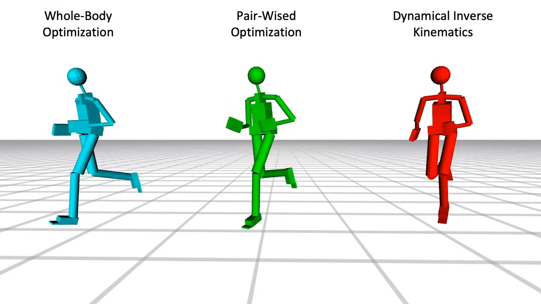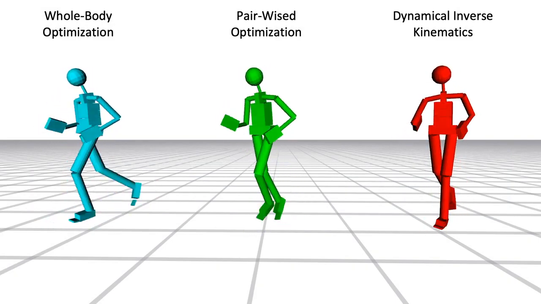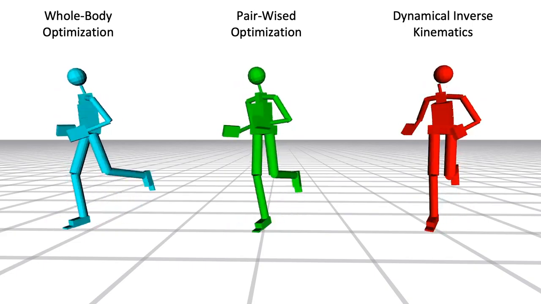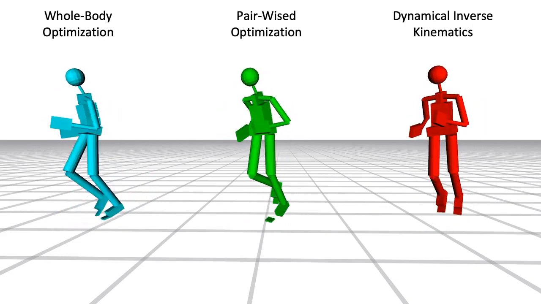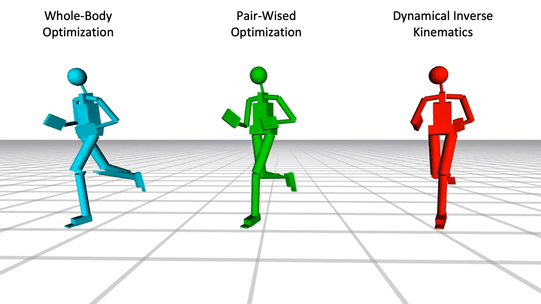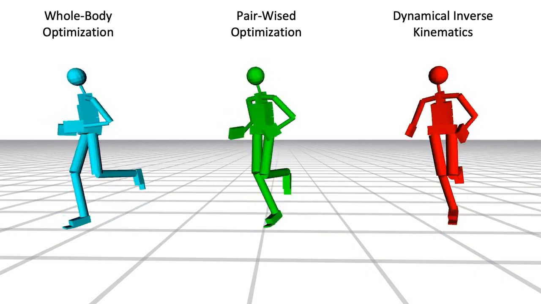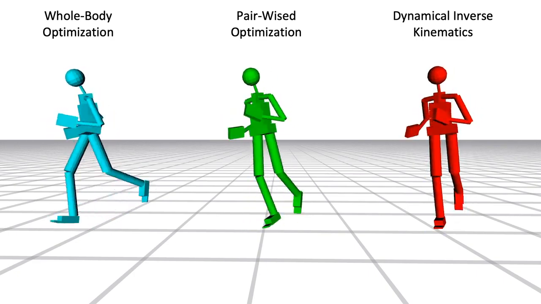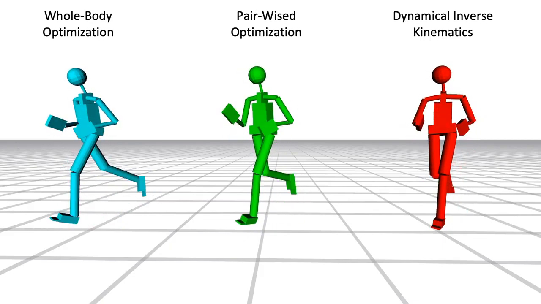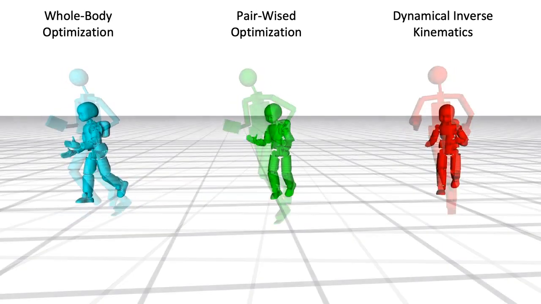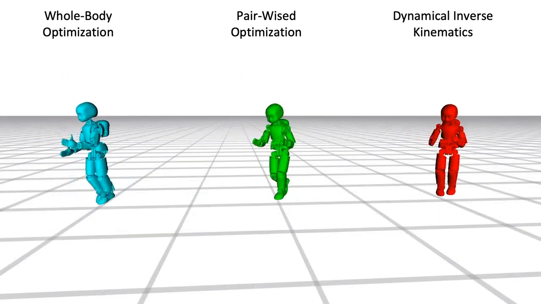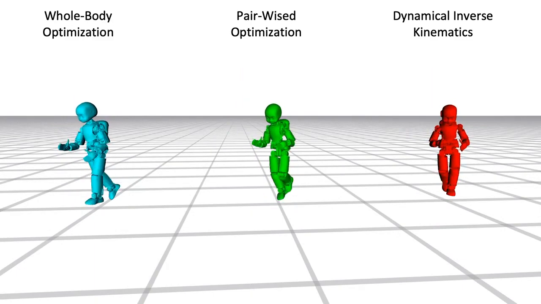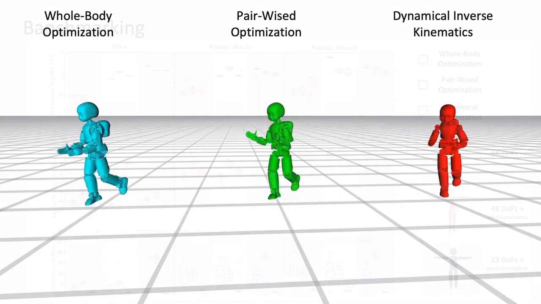Besides using warm start to speed up the nonlinear optimizers, the dynamical solution is obtained at higher frequency. This, together with the fact that the configuration is computed by integrating the velocities, guarantees smoother motion compared to nonlinear optimization methods. Similarly, smooth and continuous motion can be observed for the humanoid robot model.